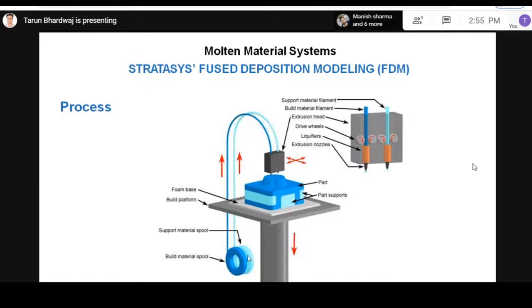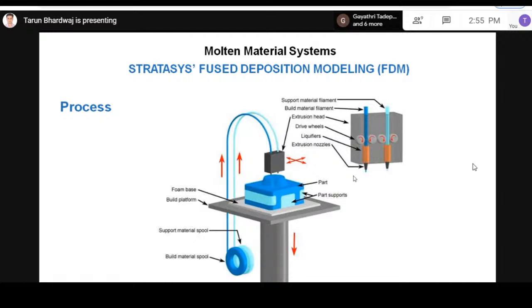There are two types of spools, the dark blue one and the light blue one. This is the build platform and the foam base, and these are the support structures and the part manufactured. So we remove the support structure by another technique,